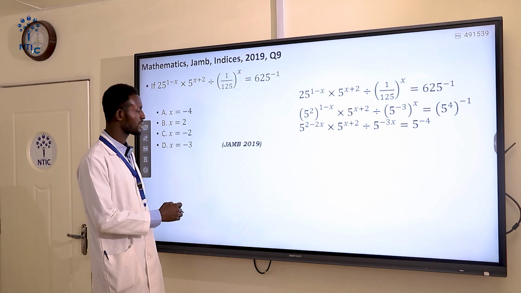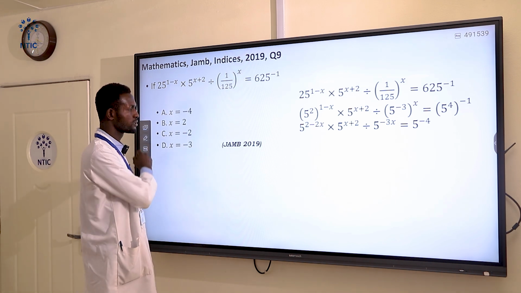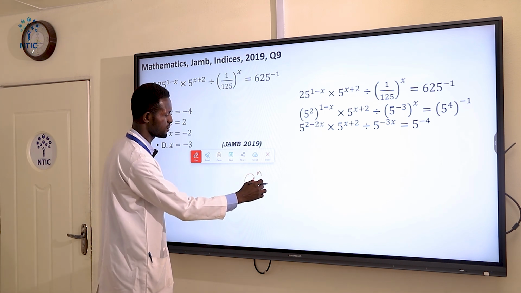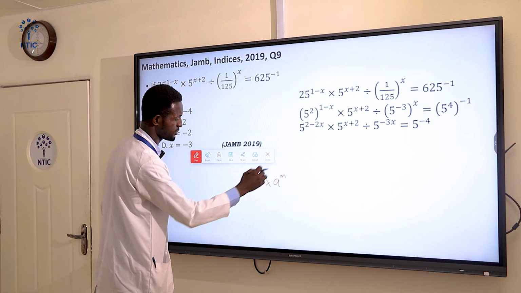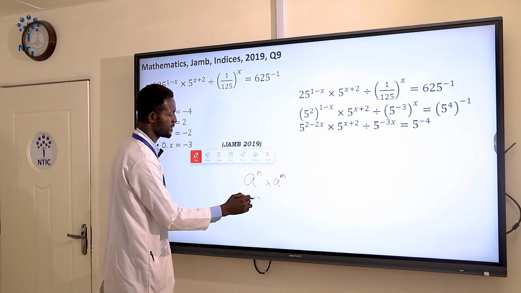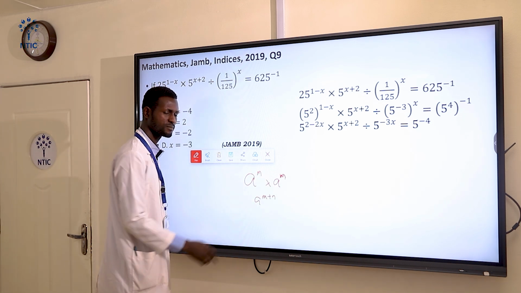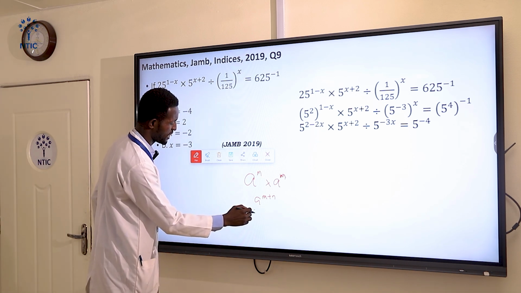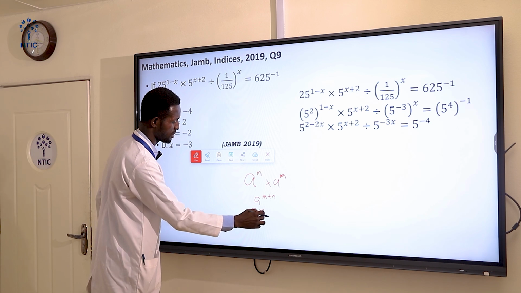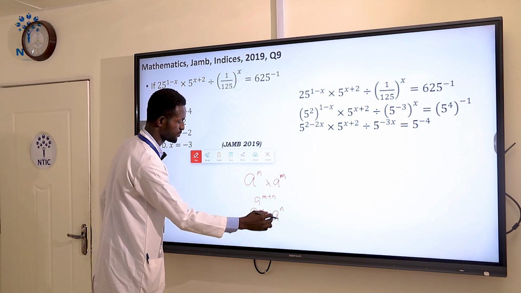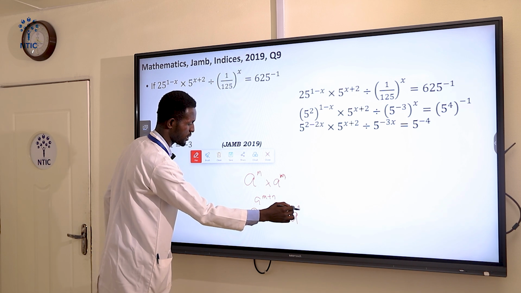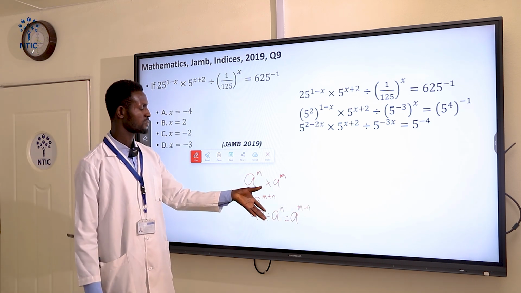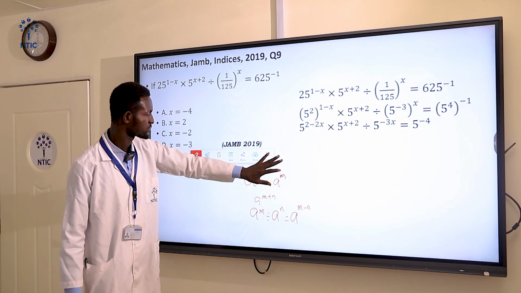I also told you in our previous example that a raised to power m times a raised to power n is a raised to power m plus n. The same also applies to a raised to power m divided by a raised to power n, which gives a raised to power m minus n. So on applying these basic laws, we get